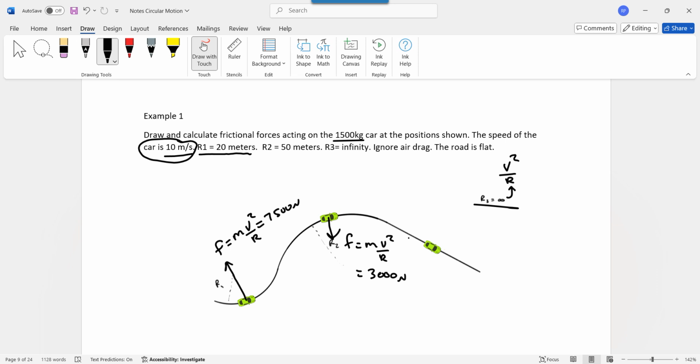Here's a velocity vector right before this instant, let me call it v1, and here's another velocity vector after the instant shown, I'll call that one v2, and again, notice they are not changing in direction. So this car is not accelerating at all here. Ignoring air drag, there's no reason to put a frictional force in there at all, so I'm going to consider this example done. I hope that this helps you